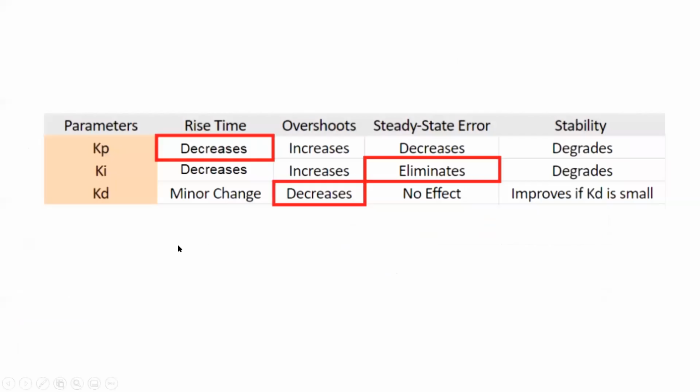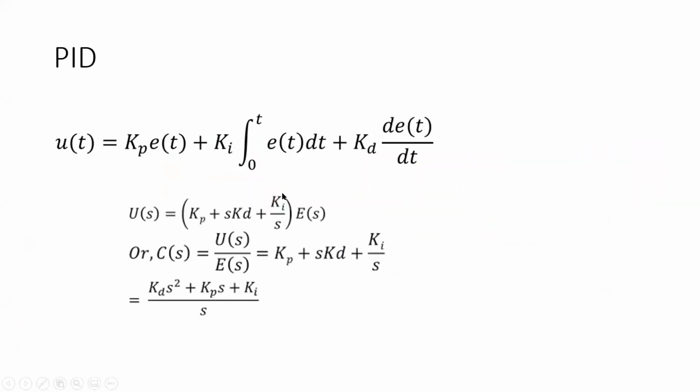This is called as PID control. P stands for proportional, I stands for integral, D stands for derivative. So what do you see here? Kp is the proportional gain, the value that you enter. E is the error. Error into Kp. This is what we did. We checked this part also.